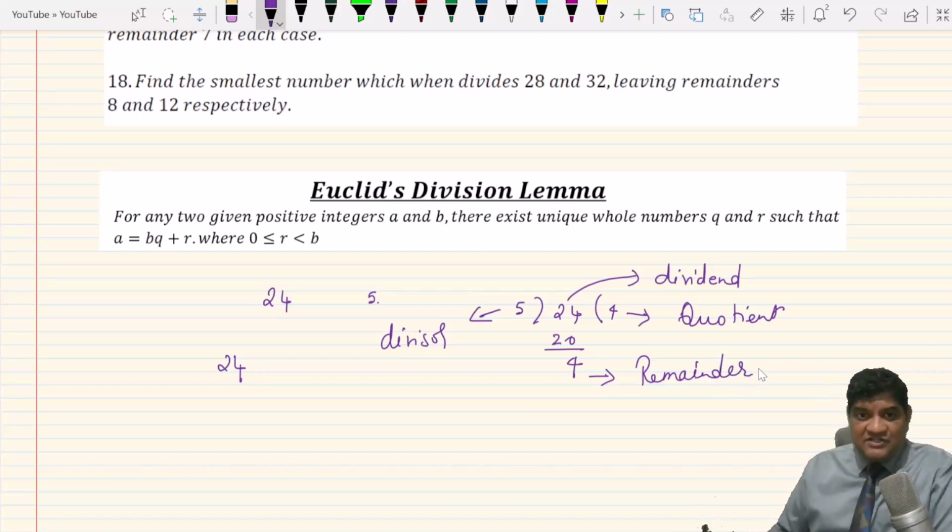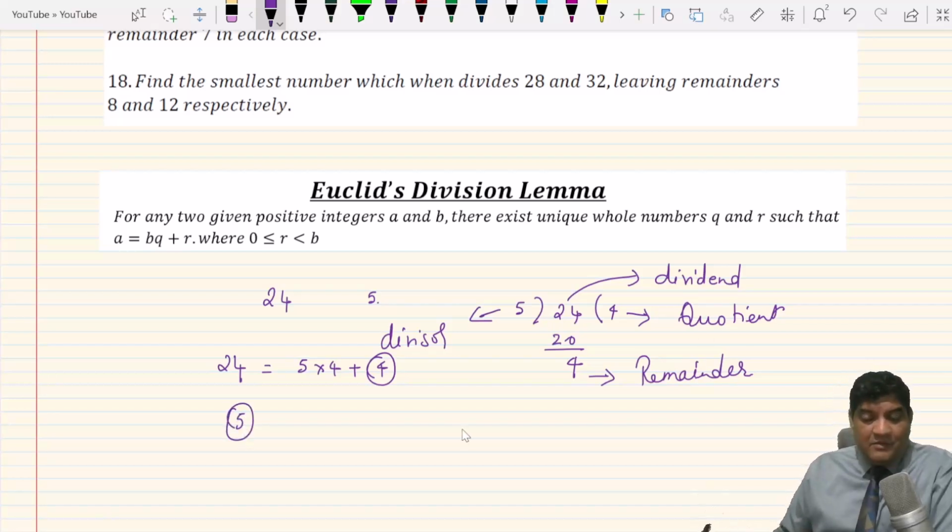So Euclid's division lemma, you already know this from the chapter remainder and factor theorem of 9th standard, that dividend is equal to divisor into quotient plus the remainder. That's exactly what this is. Plus 4, where 4 is again the remainder. So when I'm dividing a number, any number, by a 5,